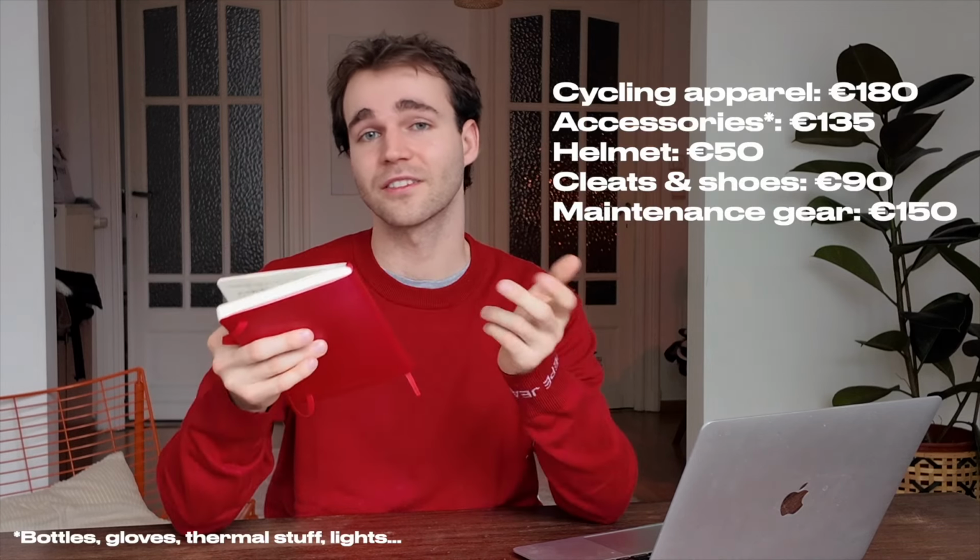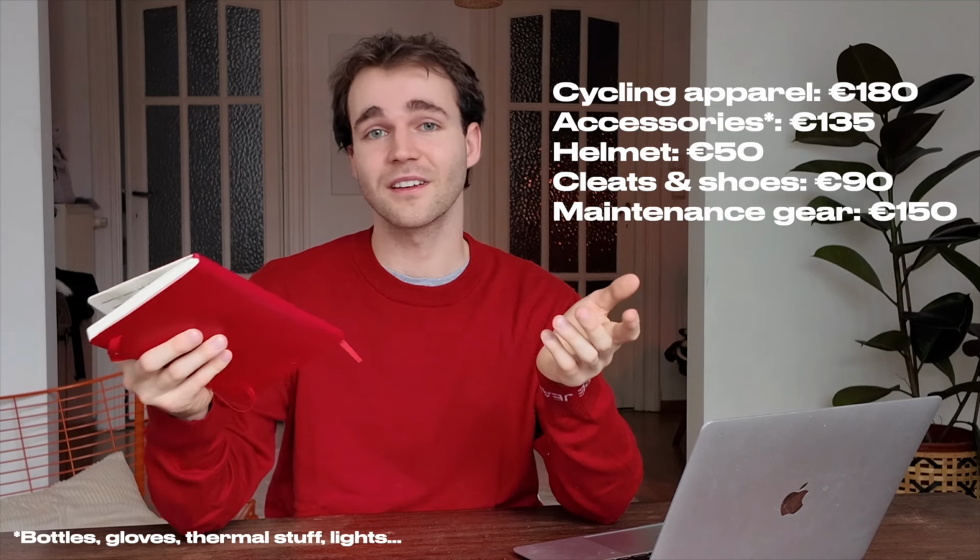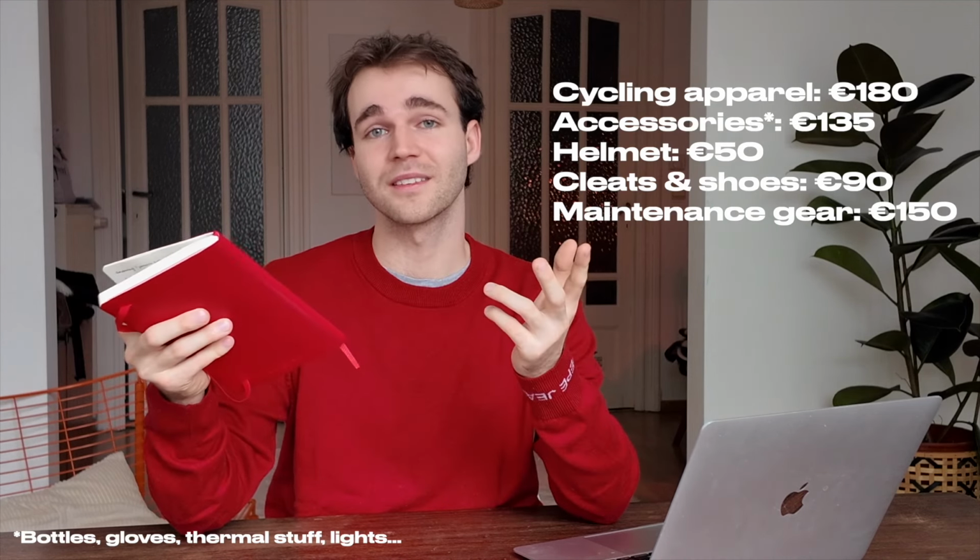Of course, you also have to buy some additional gear like cleats, shoes, biking gear and stuff to maintain your bike. So in total, this all adds up to...